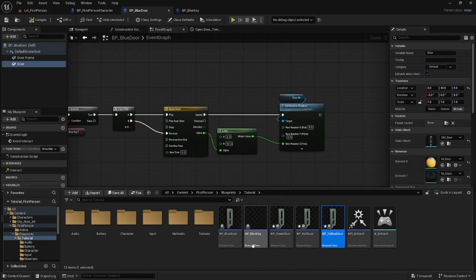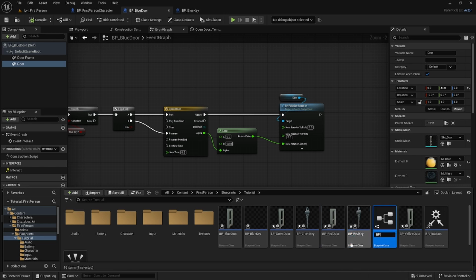Come back and select on our blue key, duplicate, BP green key, duplicate, BP red key, duplicate,